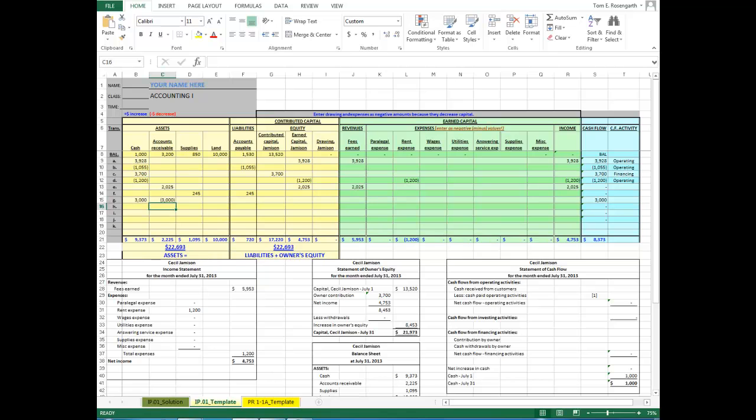After recording this transaction, the balance sheet balances, so we're done recording the elements of this transaction, with the exception of classifying it, and receiving cash from customers represents an operating activity. In transaction H,